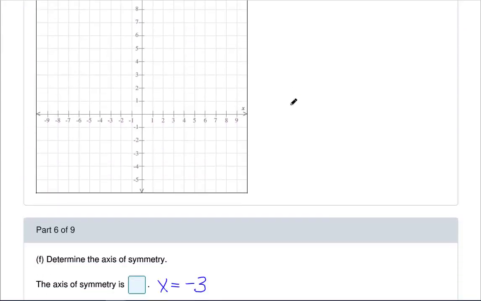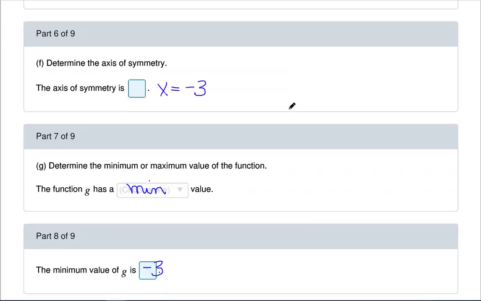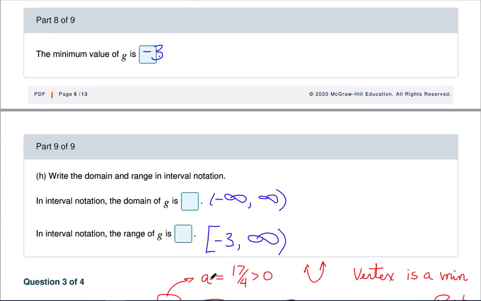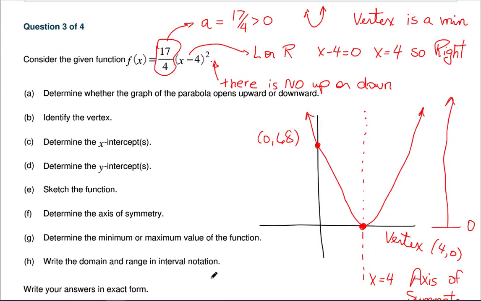We already made a sketch. Alright, axis of symmetry was x equals minus 3. It was a minimum. The minimum value, or the output, was minus 3. Domain, we talked about that. Alright, let's look here at question 3. We've got